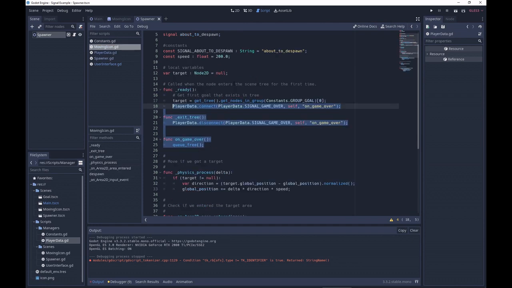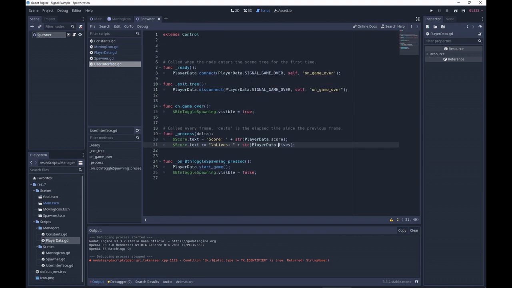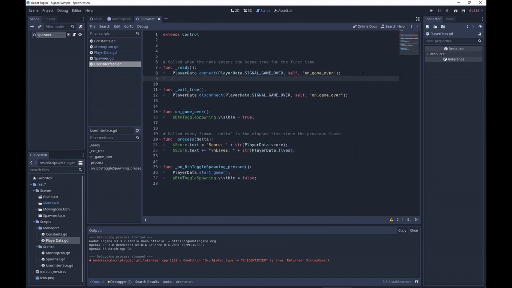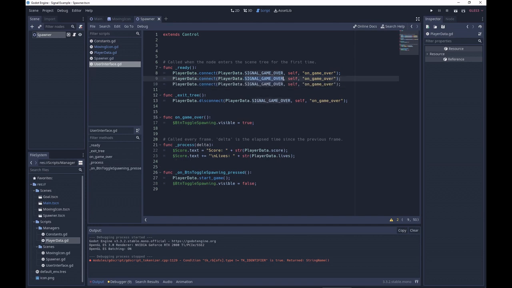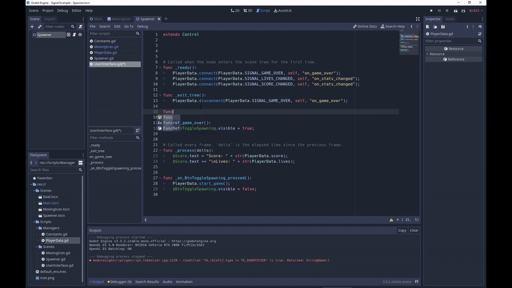And as you can probably guess, I'm just gonna copy this stuff again here. And we're going to go into the user interface. Actually, we already had it here. I'm gonna go into the user interface, add player data, signal lives changed. Since in this instance I do not care about the return value,